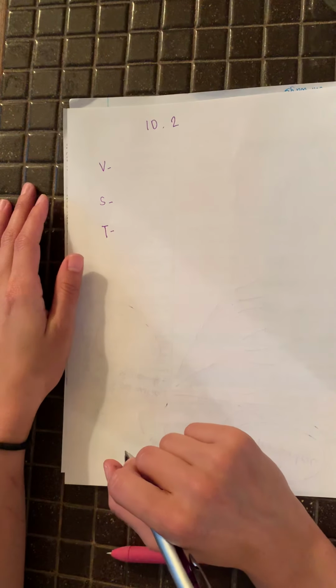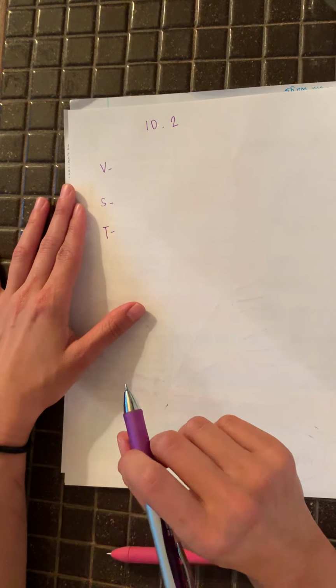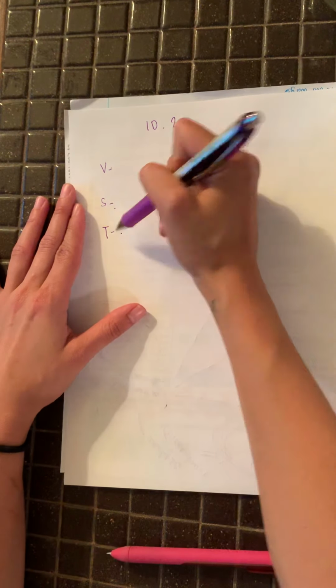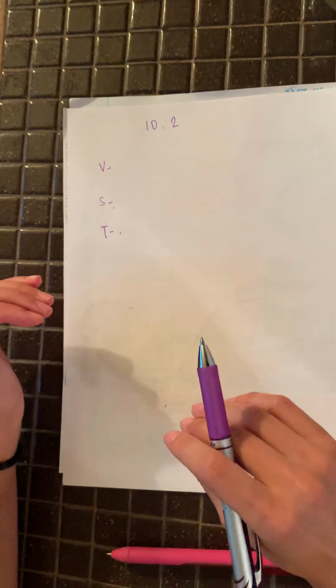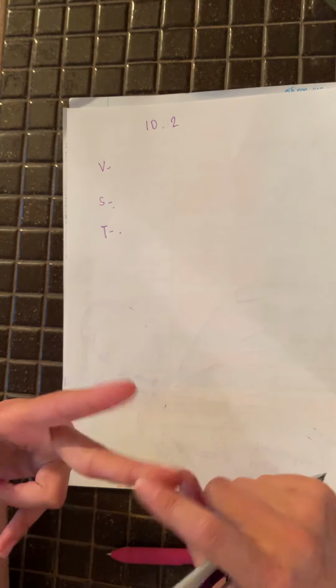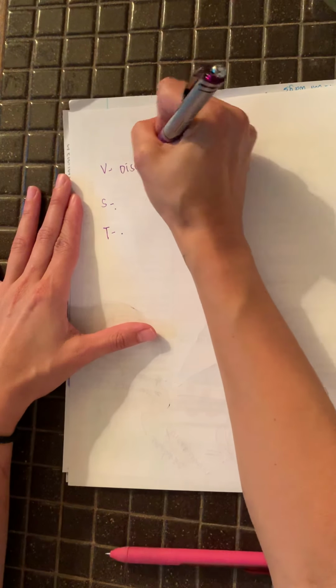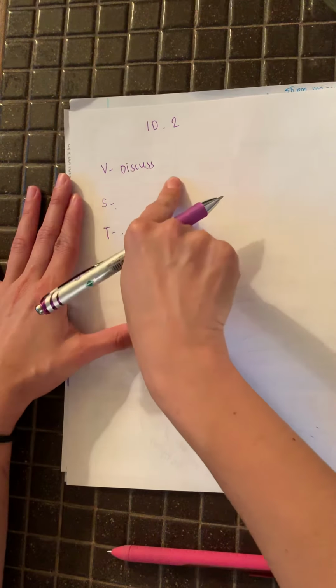This video is for further explanation on your 10.2 exam. First and foremost, what you always want to make sure to do is that you VST, because if you are VSTing, that means that you are doing what the prompt is asking you to do and talking about the stuff that the prompt wants you to talk about. So since all three prompts will be discussed, that's what we want to make sure we're